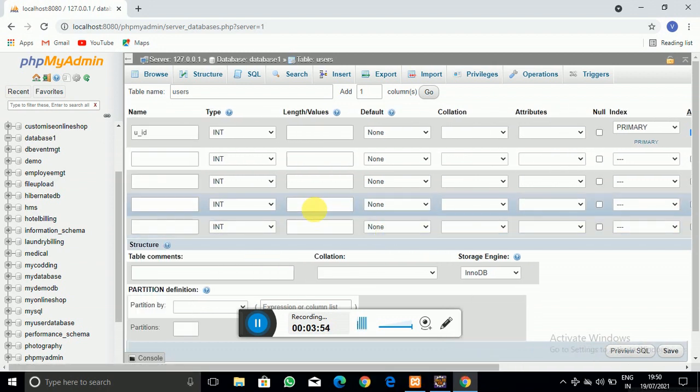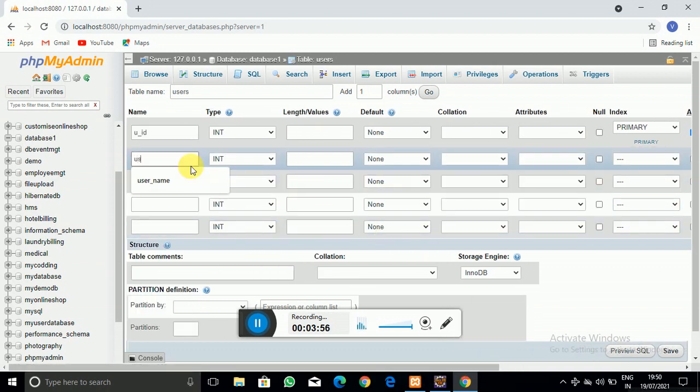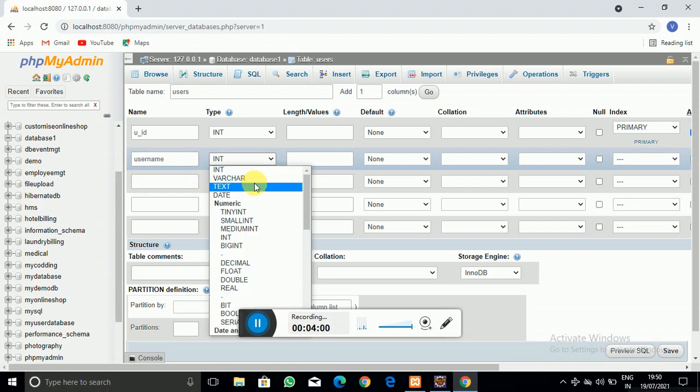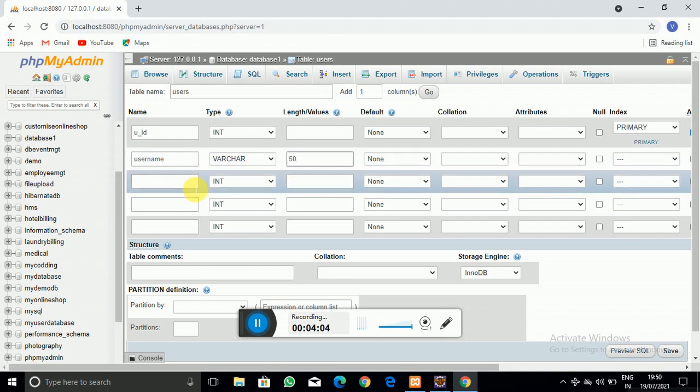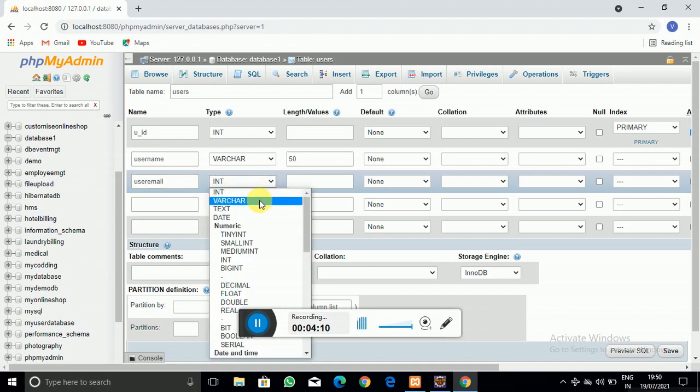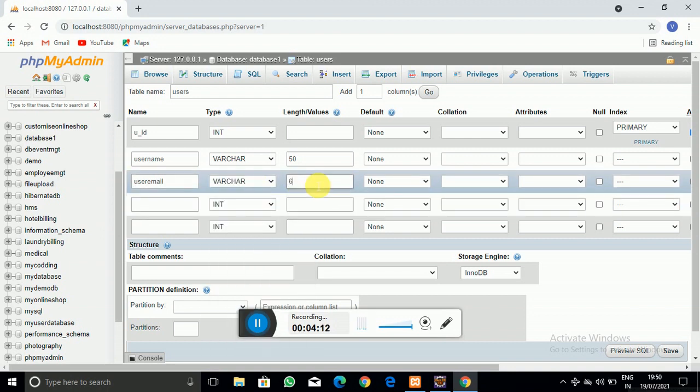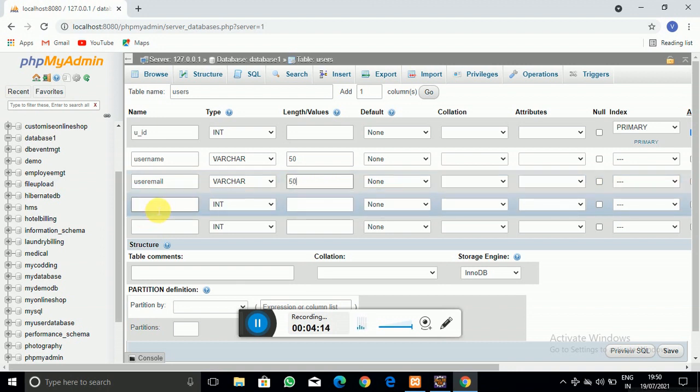Now our second field is username, which is a variable length character of size 50. Then user email, which is also variable length character, that is varchar 50.